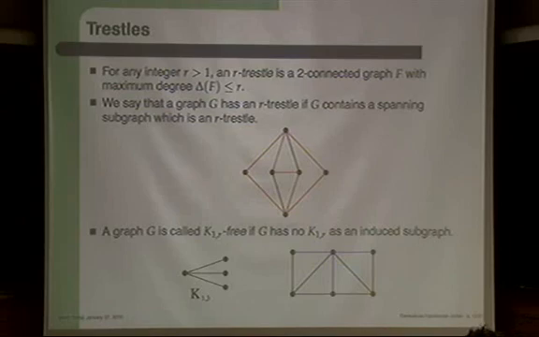And what I will need, you probably know what K_{1,r} is. If I say a graph is K_{1,r}-free, it means that it doesn't contain K_{1,r} as an induced subgraph. So you know what induced is, probably. And sometimes K_{1,3} is called a claw. So if I say claw, it means